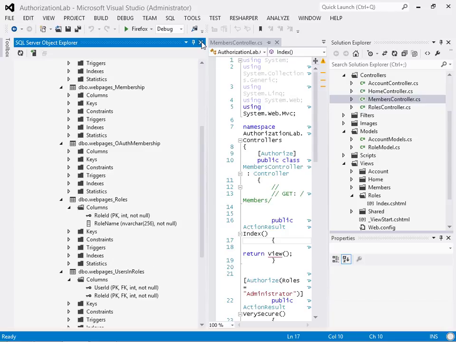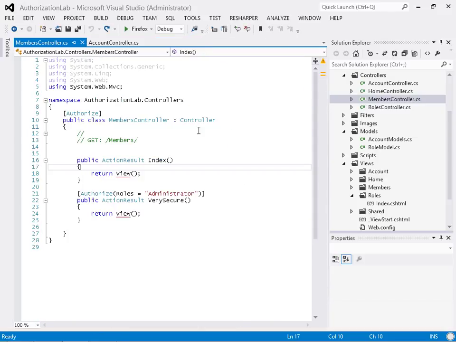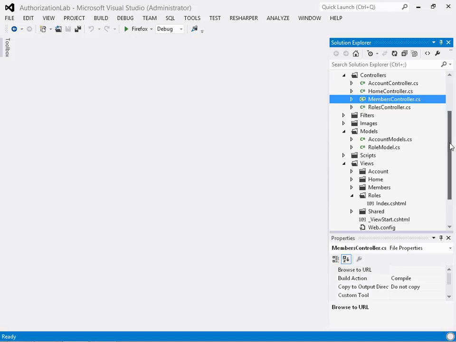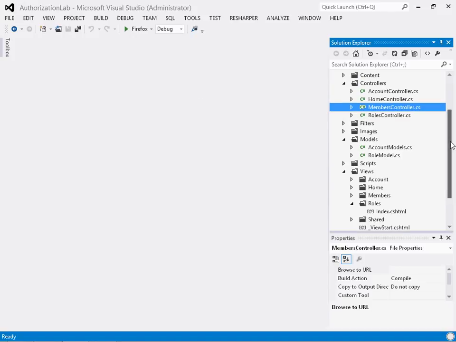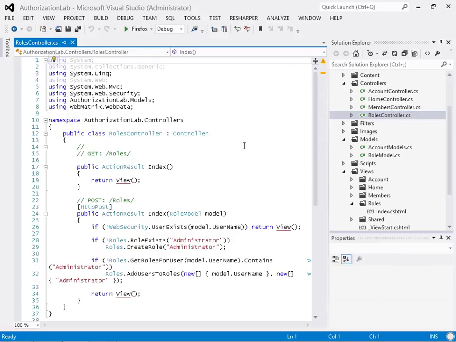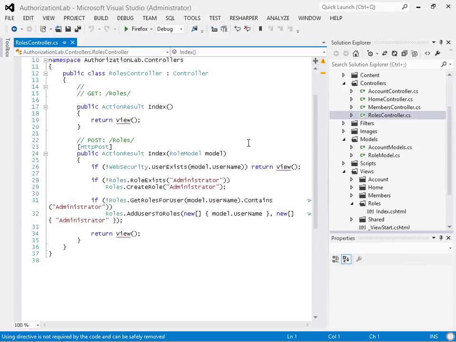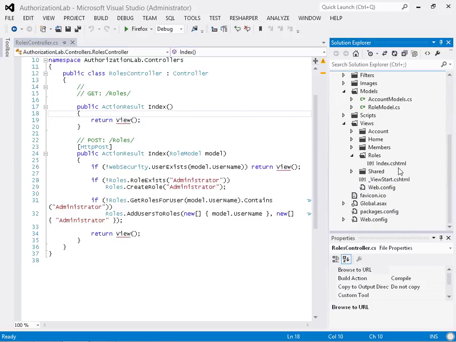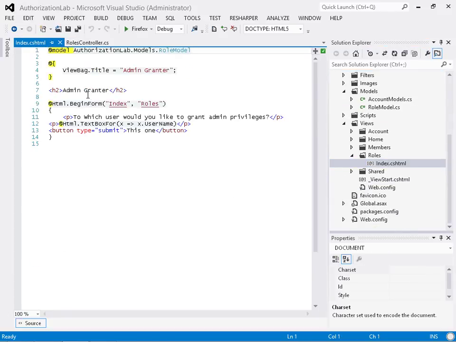However, it's more common for people to make some sort of back office page or some kind of administrative tool that allows them to manage their users and roles. So I made a very low budget, no frills version of this, just so you could see how it works. Okay, so I made a roles controller mostly because I really wanted to use a role model for the model. So what this view does, let me pull it up for you real quick,